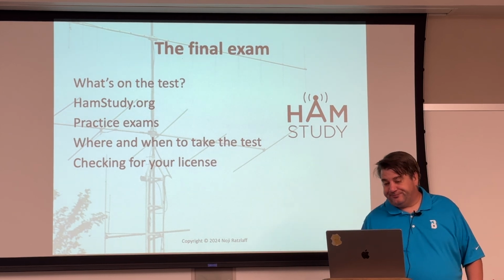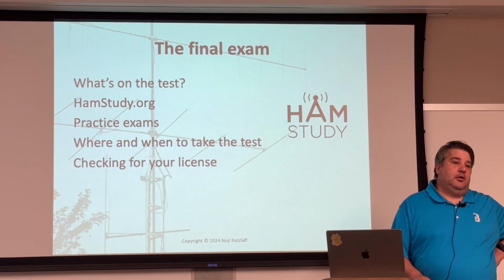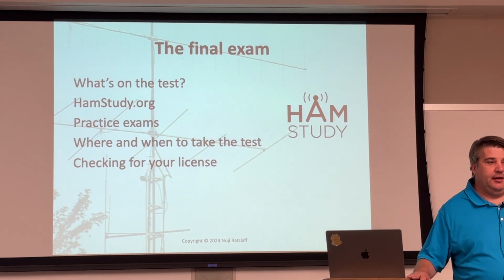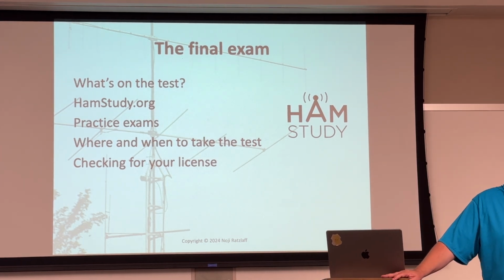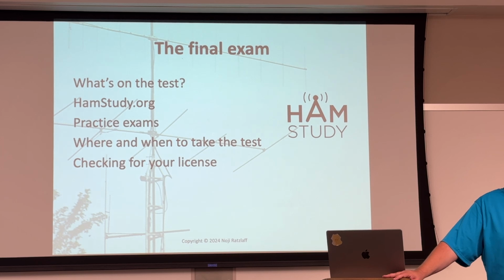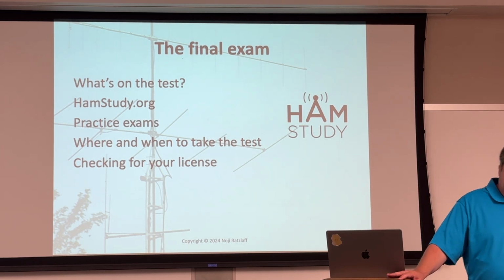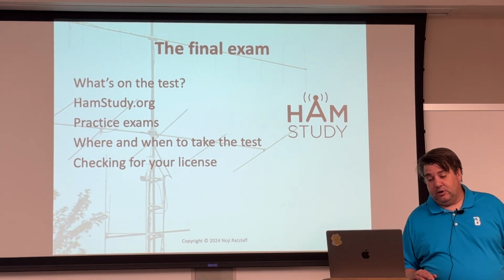Okay, so as we talked about before, this will be a 35 question test, built from 35 different question pools that are taken across 10 different categories. We passed around what the categories and subcategories are, so you could see those. And you can see them when you look at hamstudy.org, which we've done a couple times in this class, and hopefully you take some time, if you haven't already, to start to study there for the test. But it'll be 35 questions